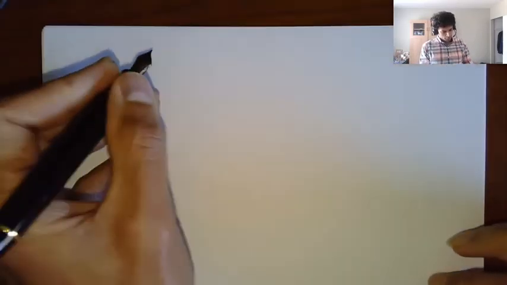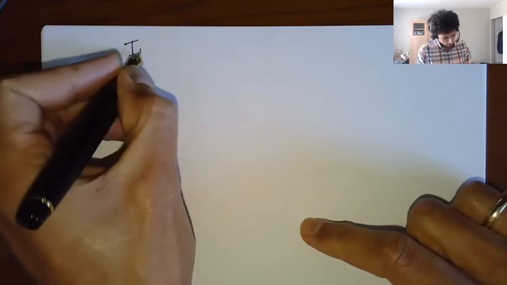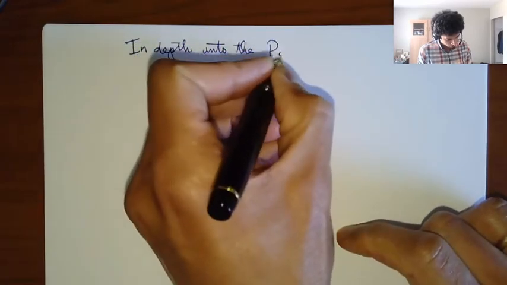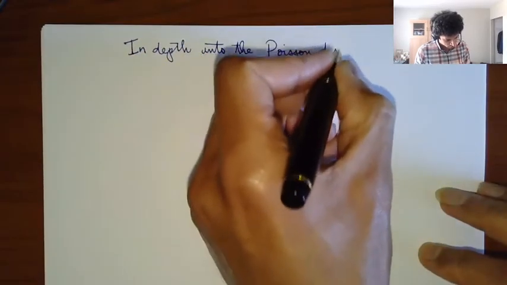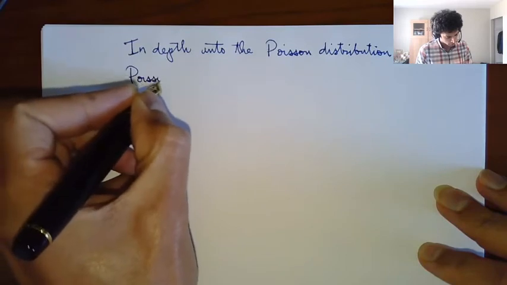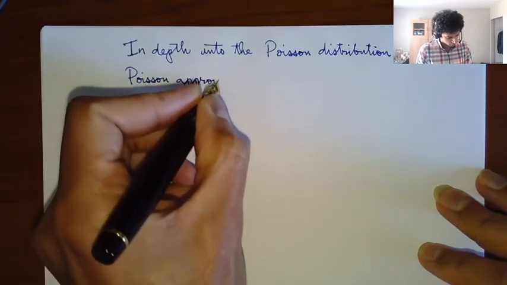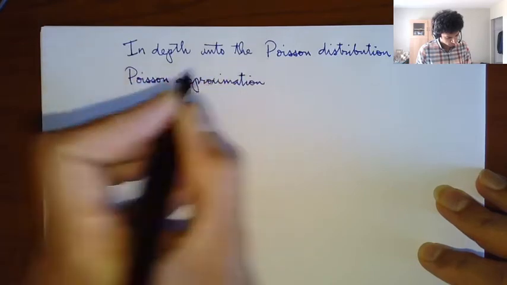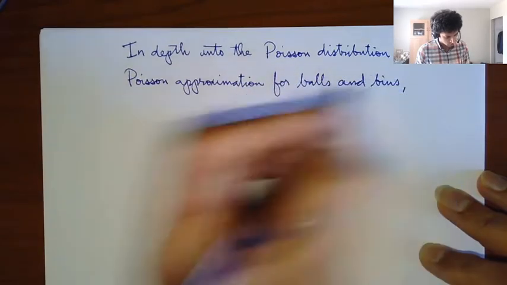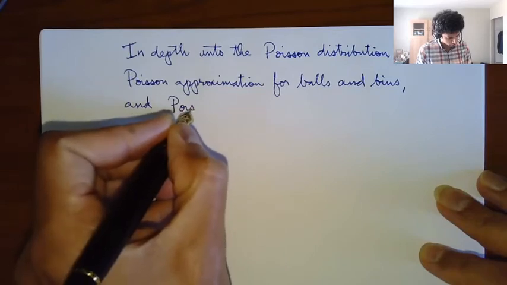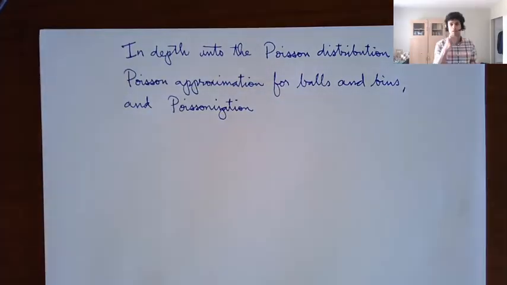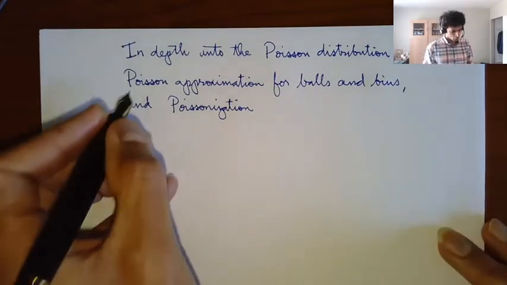All right, so the topic for today is going to be an in-depth look into the Poisson distribution, and most importantly, we're going to talk about the Poisson approximation for balls and bins, and an important process known as, it's kind of like an algorithmic and analysis trick, called Poissonization. Okay, so this is sort of the main